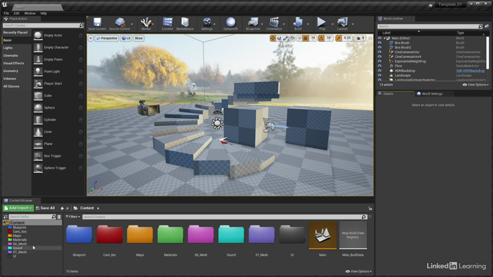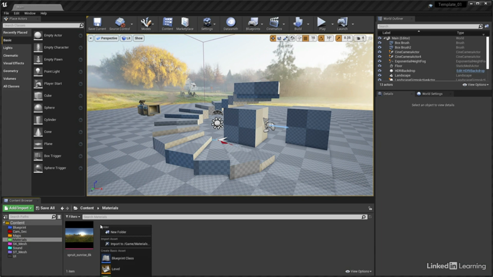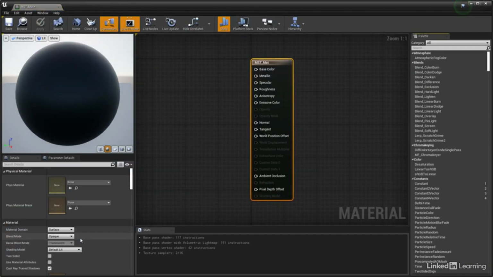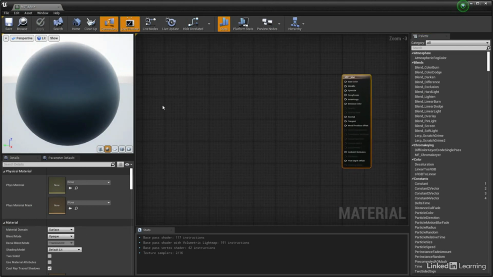Coming to our materials folder as found inside the content folder, let's right click in some empty space and create a new material, calling it MST_mat for master material or something similar. After which we can double click to open it up for editing. Now the first thing that I will want to do here is right click on the graph area and then